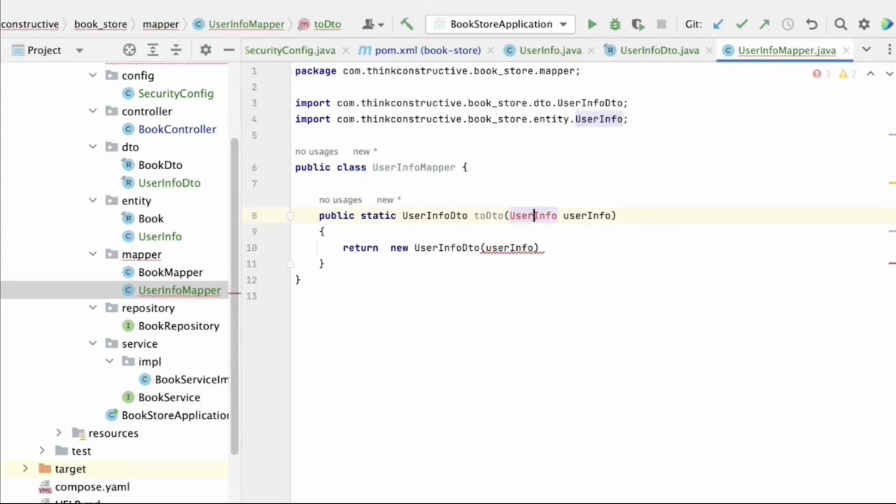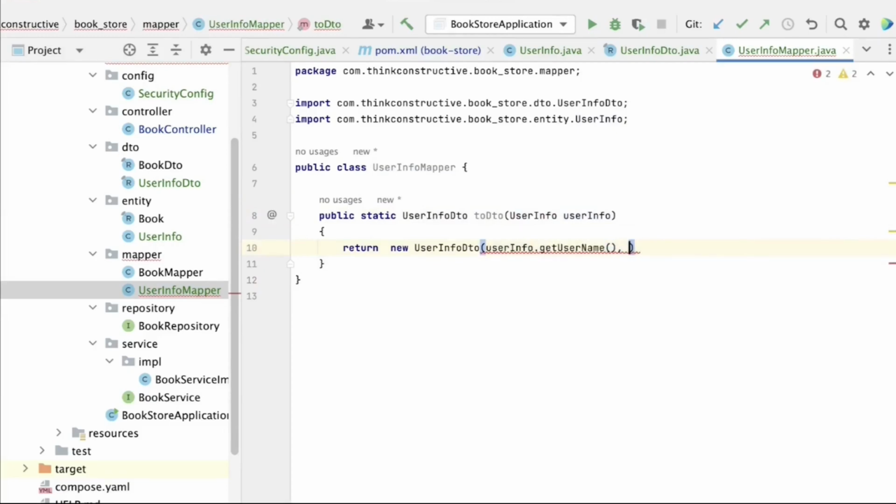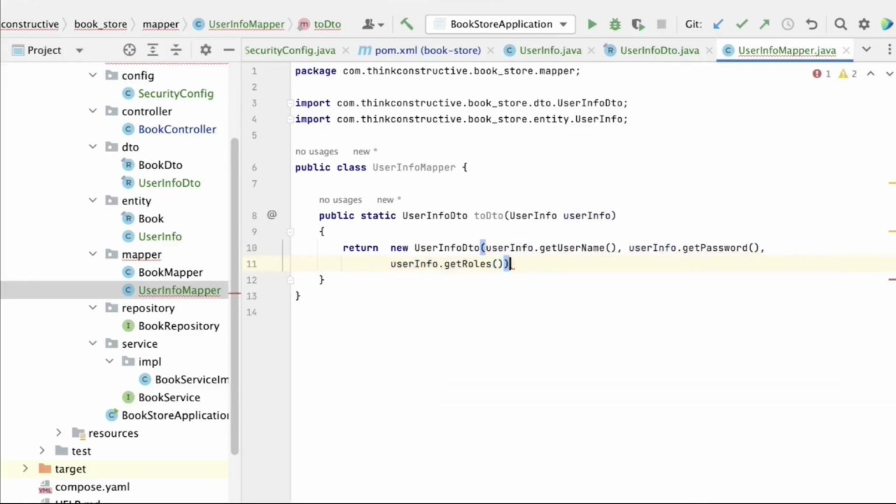And then I will just say userInfo.getUsername, userInfo.getPassword and userInfo.getRoles. Yeah. So now you can notice my UserInfo entity is converted to UserInfoDTO or mapped, whichever way